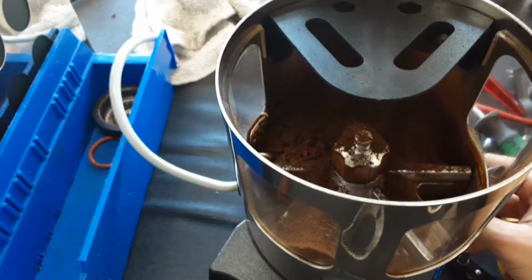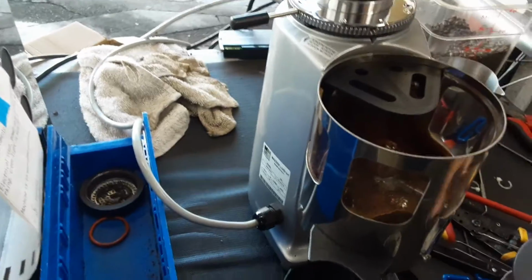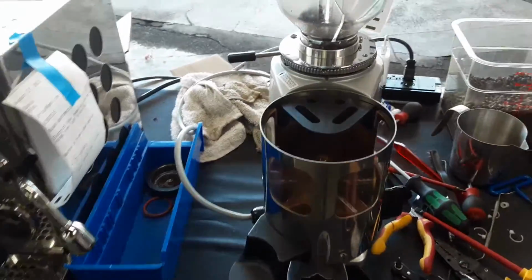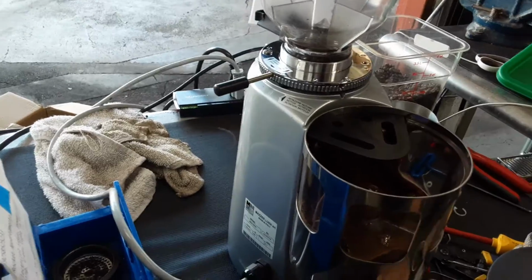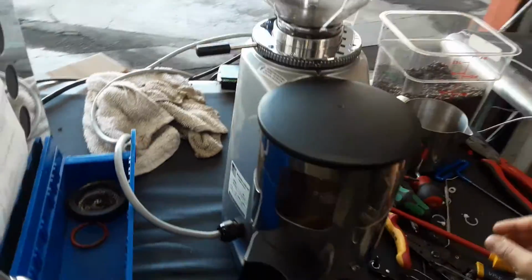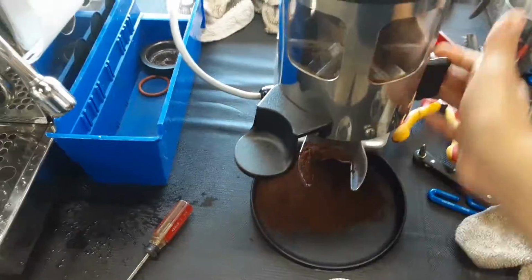As you can see, currently it's working extremely great. It can be calibrated for coarser or finer as well, and you still have a big wide range of calibration around here. So yeah, that's all we did with this grinder, and as you can see, it performs pretty well,